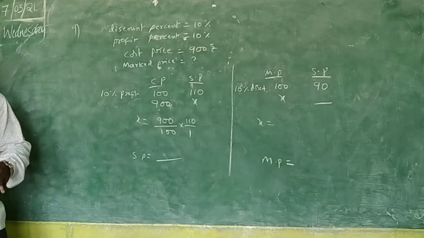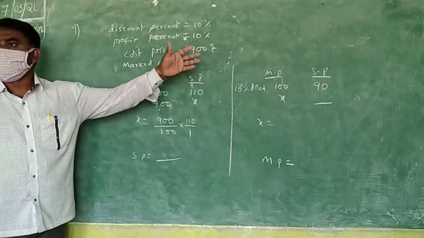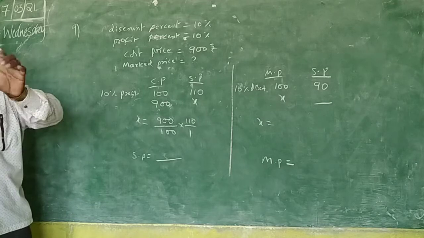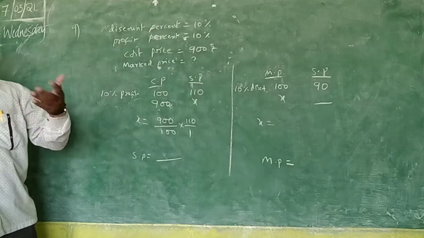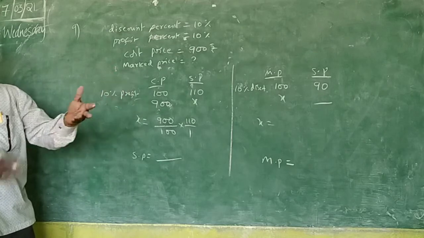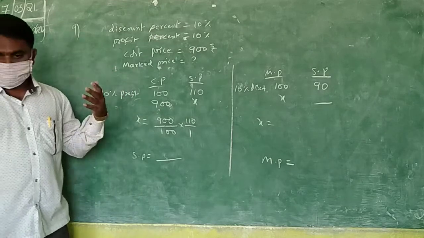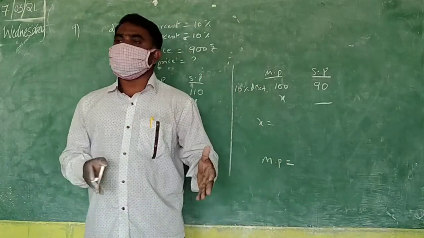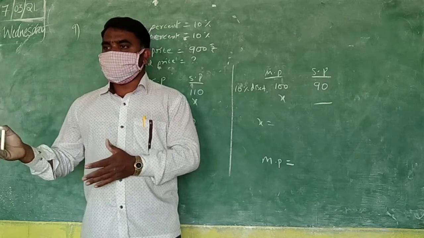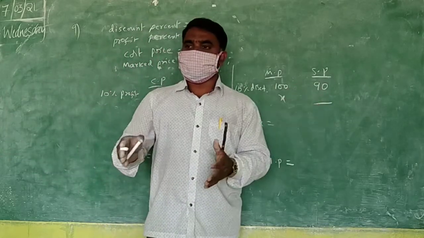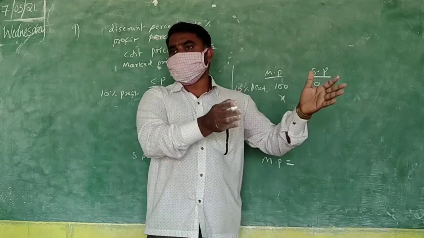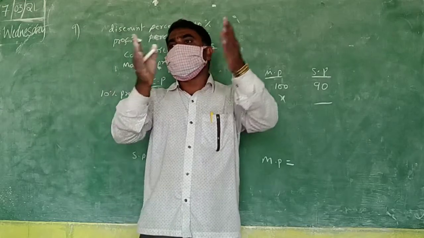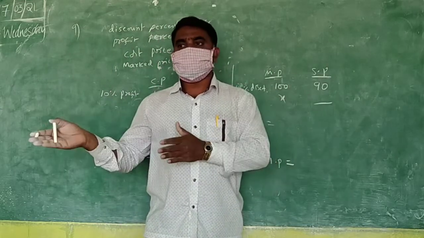Not only this problem, whatever problem is given, write down what you know and what you have to find. Is there a direct calculation between them? If it is direct, you can do it directly. Sometimes it is not direct. At that time, you will take two or three steps. Before this also, many problems you have done. Not all are single step. Sometimes we have to do two steps, sometimes direct, sometimes two steps.